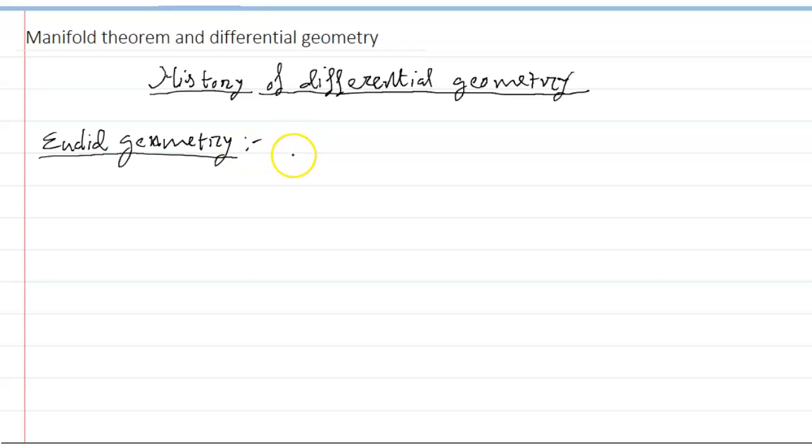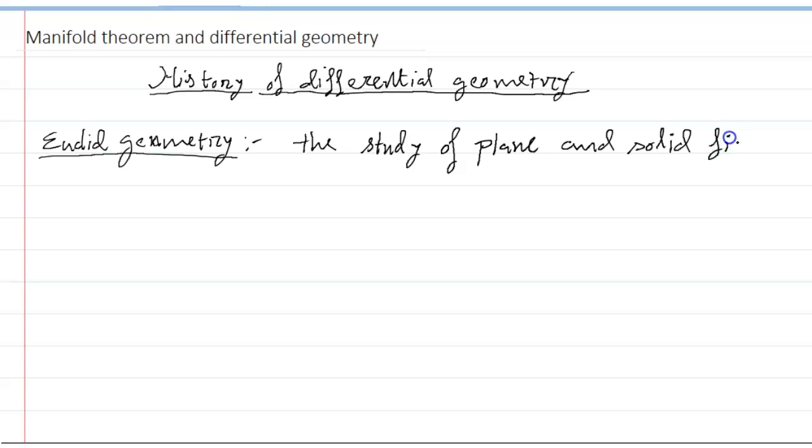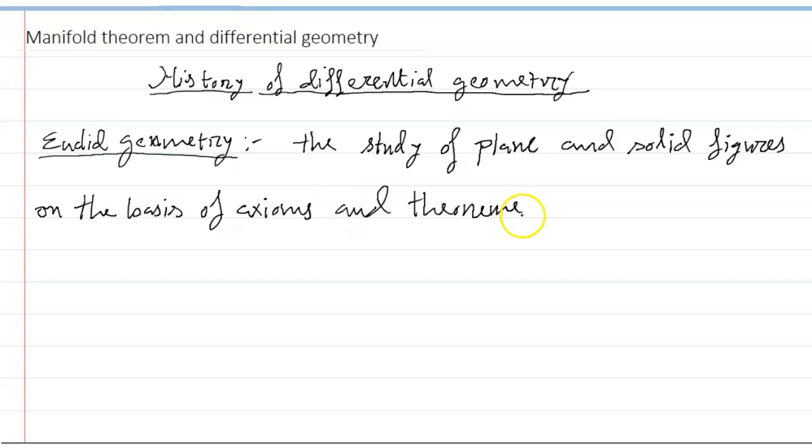Euclidean geometry is the study of plane and solid figures on the basis of axioms and theorems employed by the Greek mathematician